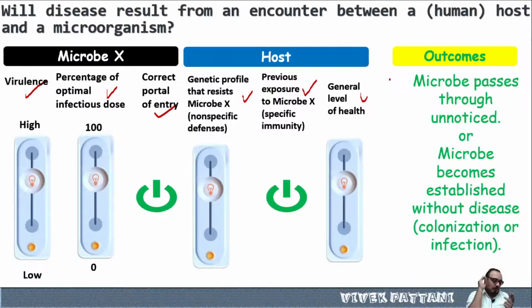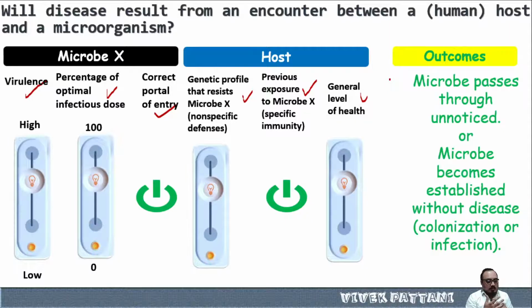So even if the virulence power is high, the optimal dose is high, and the portal of entry is also correct, in this scenario host defense mechanisms will kill the pathogen. Again, the microbe passes through unnoticed, or even if it becomes established, even if it is able to adhere, it will not be able to